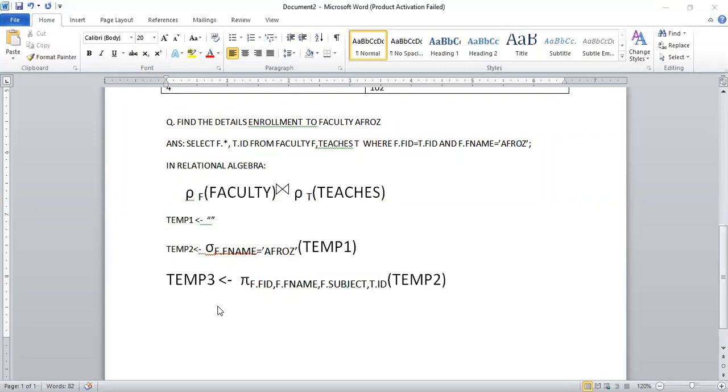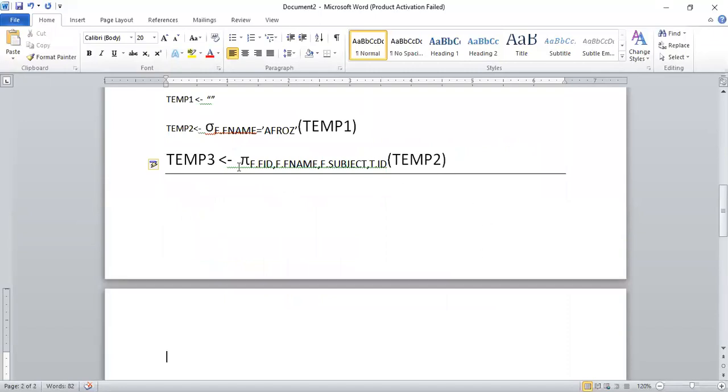How can you write it in a single query? Here the last operation is this one. Both ways are correct. Now I'm writing this thing in a single query. So how can I write this in a single query? I'm copying this thing. It's just in reverse order. Copying this, and I'm pasting here.